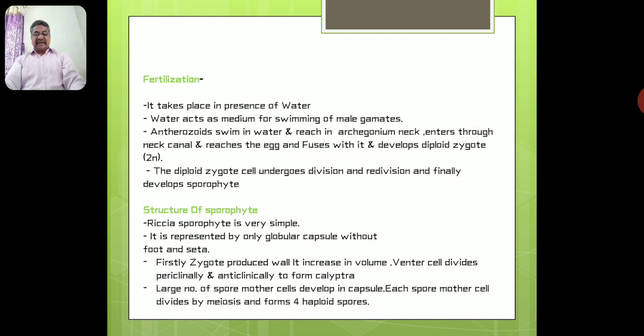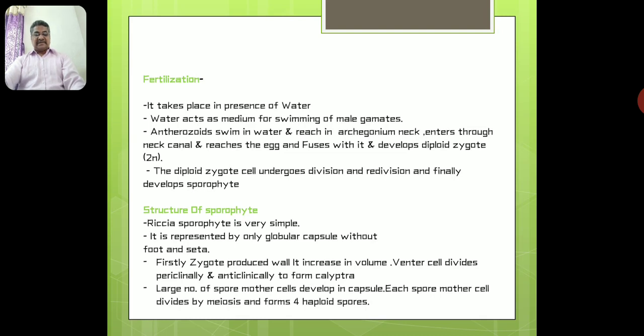with the egg cell and develops the diploid structure, zygote, or what we call the 2n. Why is it diploid? Because n number of chromosomes are coming from the male gamete and n number of chromosomes coming from the female gamete, that is anthrozoid and egg cell. So when these two unite, fuse together, it will form 2n, that is the diploid zygote. And this diploid zygote cell,